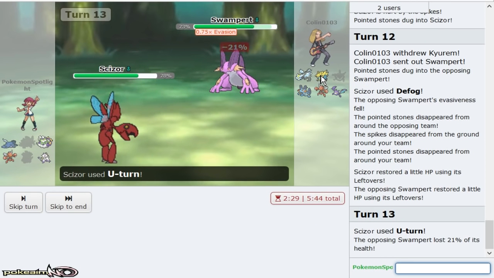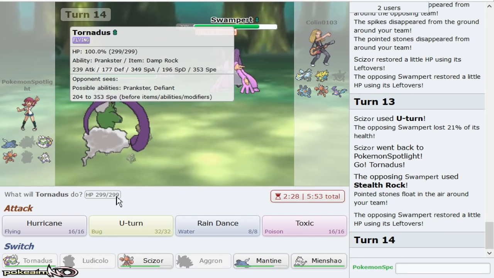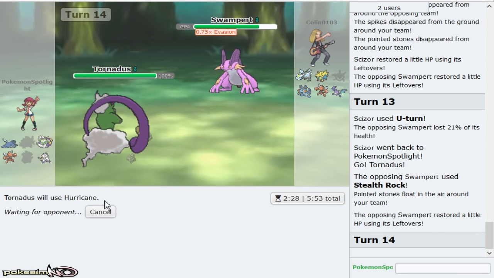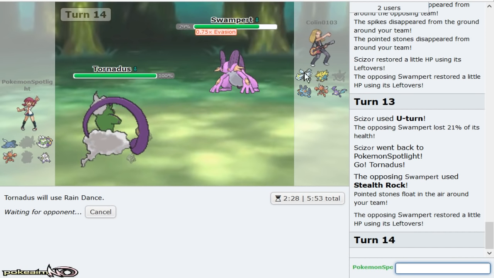Especially because now he doesn't have a Hurricane switching, and by that I mean like he does. Manectric dies to Hurricane if he opts to go out to it. So we will go for Rain Dance first. So Hurricane hits. It is going to make it so that he actually